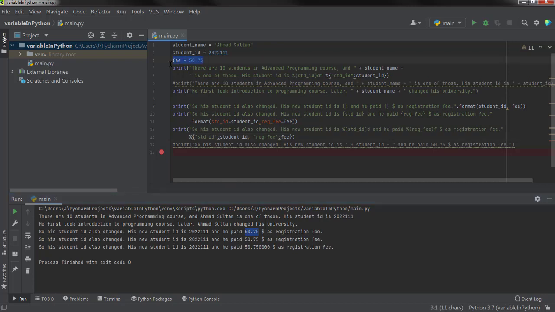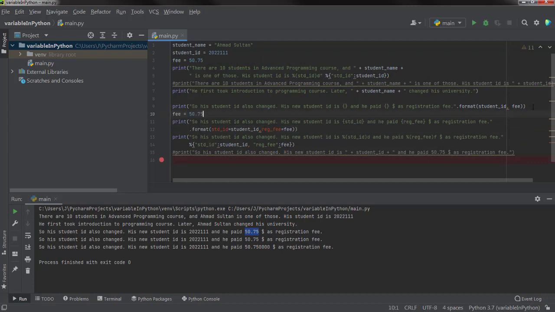So for example, if we want to change the fee, we can just change the fee value here. It's 39, and save it, and then you can see that it's automatically changed in the rest of the sentences. So this is how the variables are important.